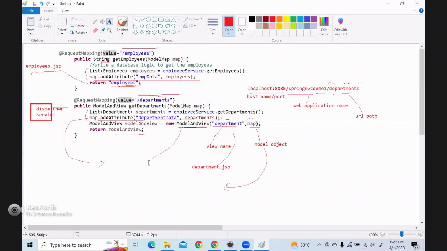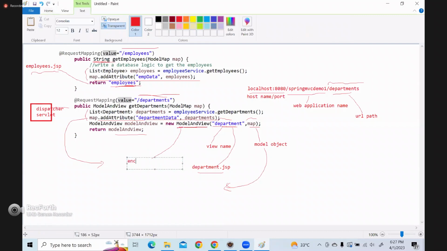Okay, this is encapsulation, or we can say binding the view name and model in one object, which is ModelAndView. That's why